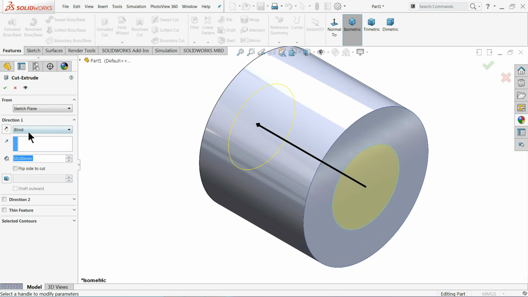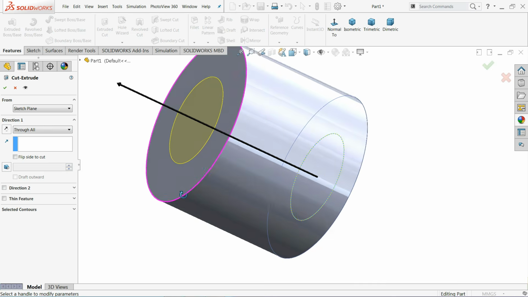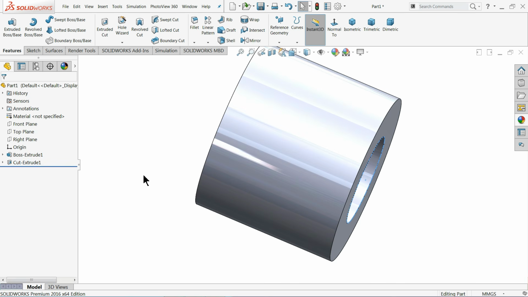Now here there is two method. Either you have to put here dimension 50, 60 or whatever dimension you want to cut, or either directly choose through all so that it will cut up to the end. Okay, see,